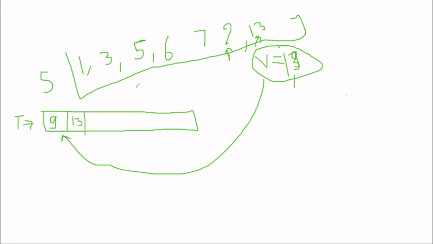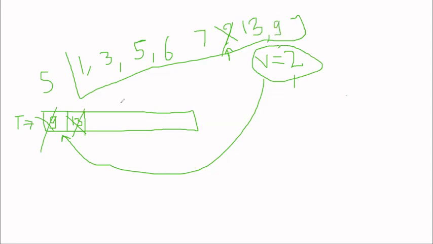Now let me remove this. 13 is being popped from here. Now 2 will be popped from this stack, and 2 will be stored into V. Now we'll keep doing this until V is not greater than the top of this stack. So we'll remove 30 from here, we'll pop 13 from here, 13 will be pushed here, and again 9 is also greater than 2, we'll pop 9, and add 9 here.